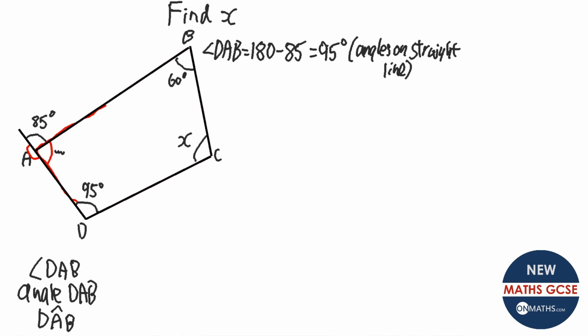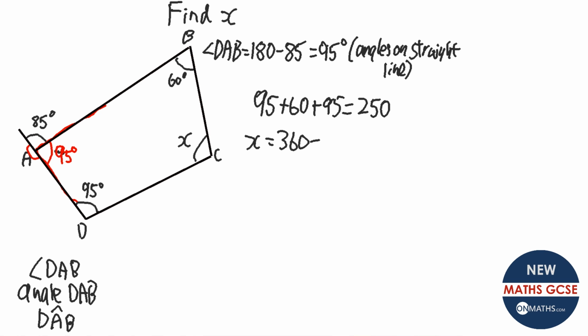Okay, so we've got that angle, so we know that that is 95 in there. Now, to do the rest, we need to add the 95 and the 60 and the other 95 together. So I'm going to do that on the calculator. 95 plus 60 plus 95 equals 250. And we need to work out X, so X equals, and we're going to do 360 take away 250. The reason for that is, well, let's write that down in a second. So that's 110 degrees. The reason for that is